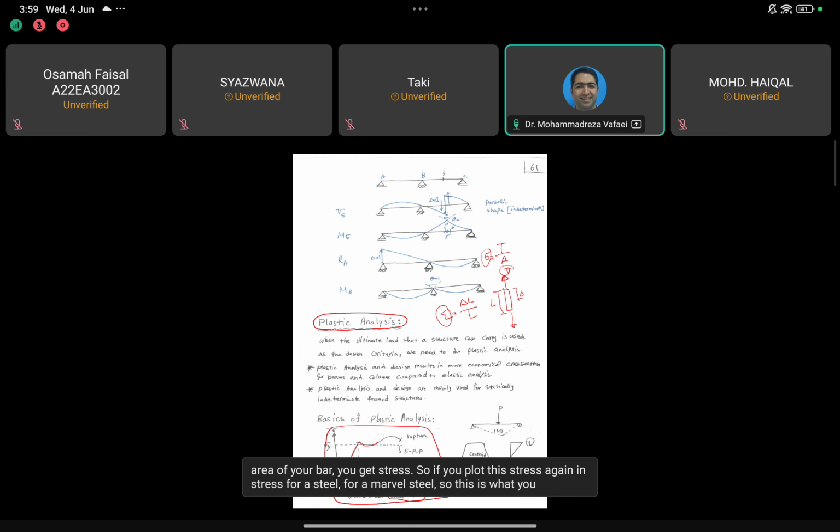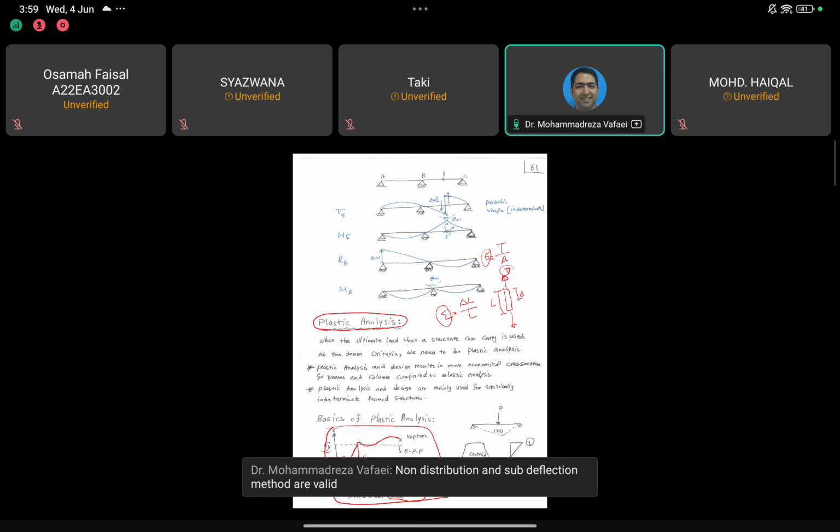So if you plot this stress against strain for a mild steel, this is what you can get. In the beginning, there is a linear relationship between the stress and the strain, and this is what we call the modulus of elasticity of steel. The ratio of sigma over epsilon, which is stress over strain. So as long as this relationship is linear, we have elastic analysis,